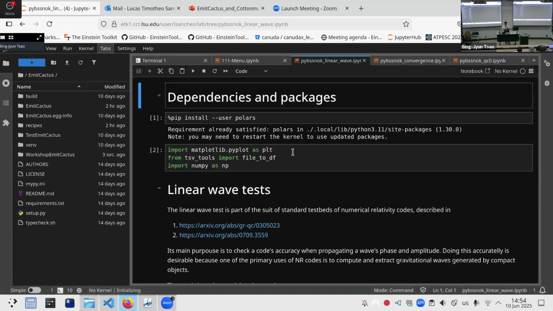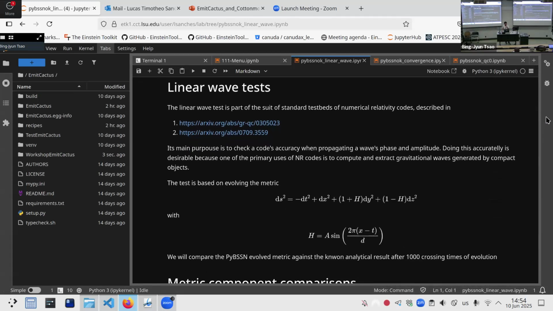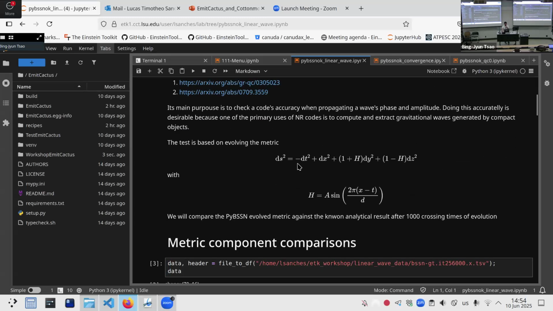And for the linear wave test, the point here is to test if your code can actually evolve a linear wave accurately, because you want to extract gravitational waves. And if your code cannot do that, then extracting gravitational waves is going to be difficult. So the test is based on the evolution of this space-time metric, which is simple and known analytically. The cool thing about this is that this initial data can also be generated with EmitCactus, and in fact, you're going to find the notebook, the recipe, the Python code that generates this thorn here with this analytic initial data